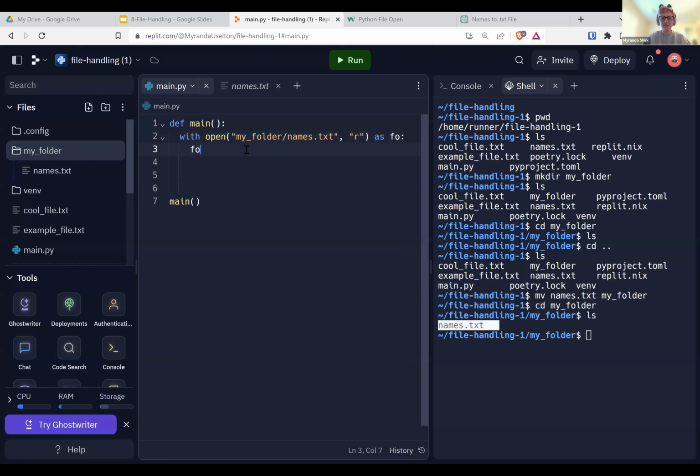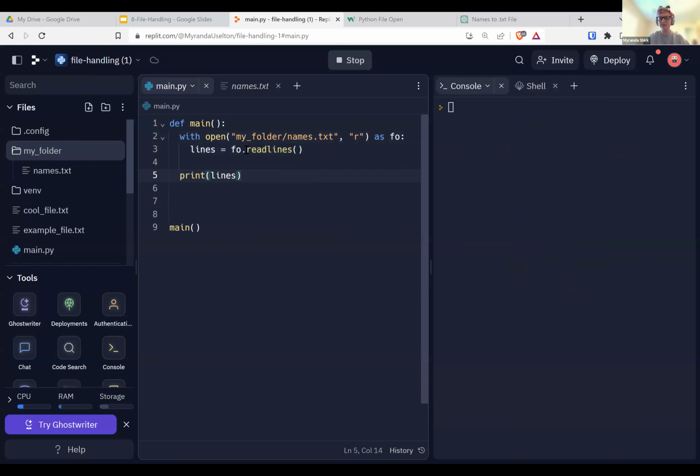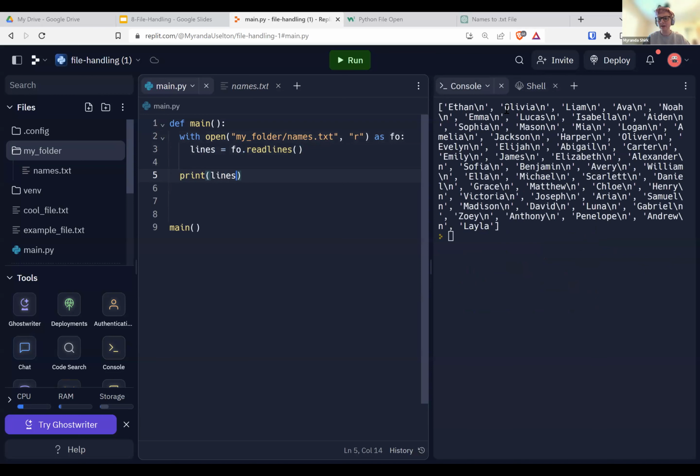Now we can say lines equals fo.readlines. And then outside of here, we can print those lines. And there we go. As an example, what will happen if we don't have this file path here, if we just have the name of the file, it's going to look in the directory that it is currently in.